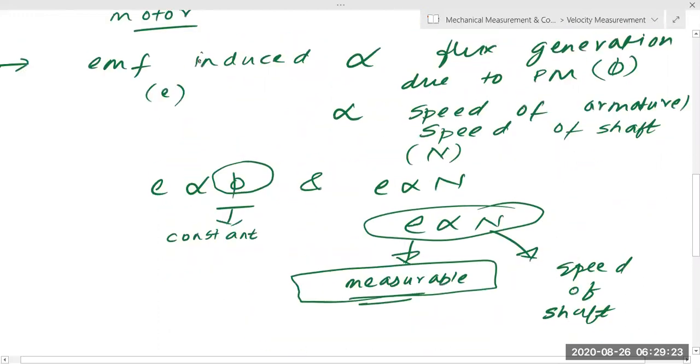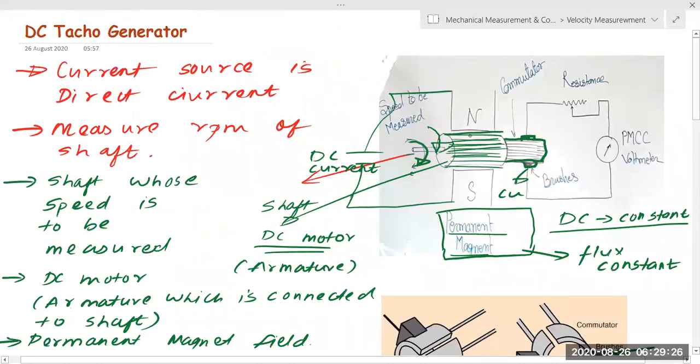If both are in the same direction, this commutator and brush will let this pass, and this will be recorded in a voltmeter. This EMF will be recorded in this voltmeter, and there is some variable resistance that you can use. This is actually used to have resistance in the system, if you need some kind of resistance. This is more like a rheostat. Rheostat functions as a variable resistance if you want it in the system, so that the system is actually having some kind of resistance.